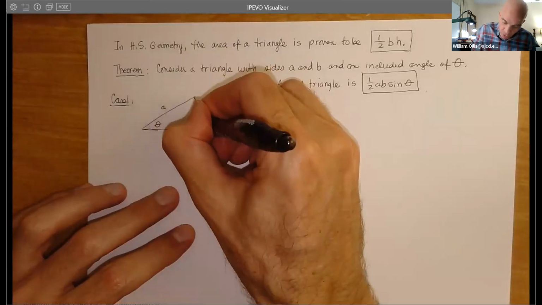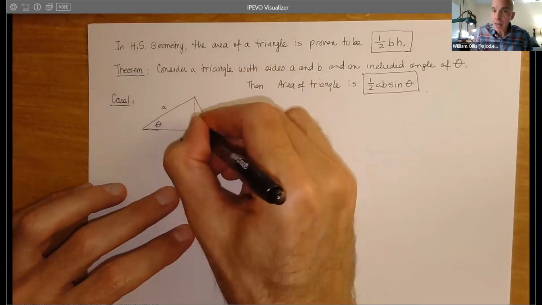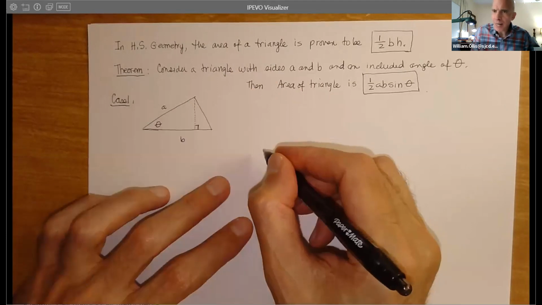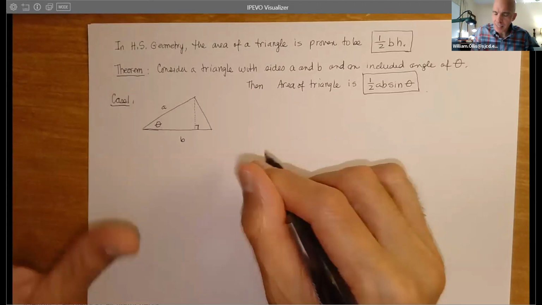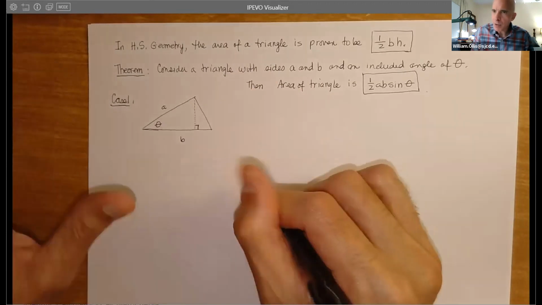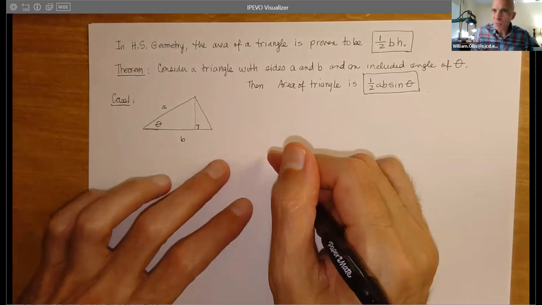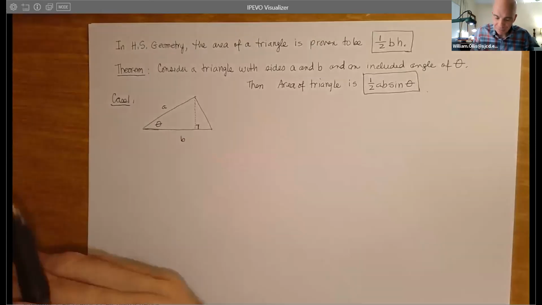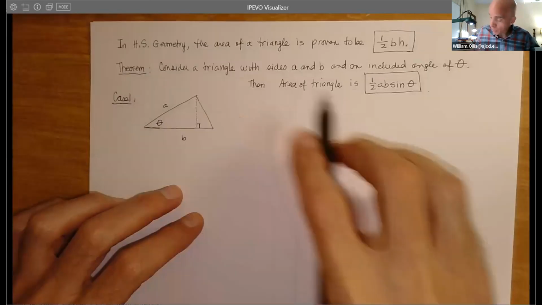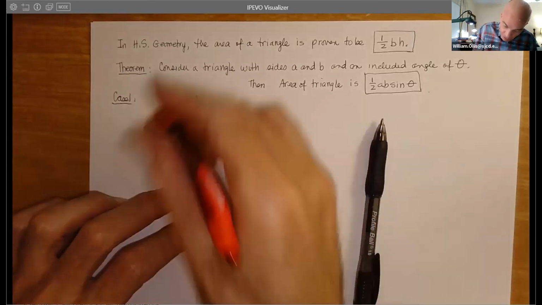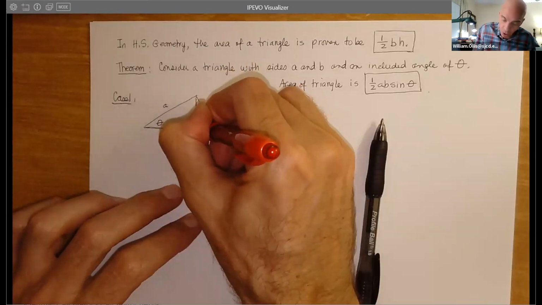So if we're going to use the trigonometry, at least as we have it right now, we've got to have some right angle somewhere. Later on, we'll relax this a little bit with some other triangle theorems, even though they're kind of useless at times. We still want to talk about them. So what I'll do here is we'll drop a perpendicular. Let me do that in red since we didn't start with that. And we'll call this